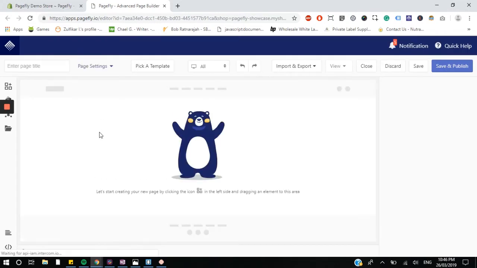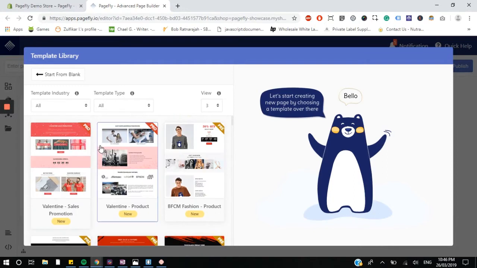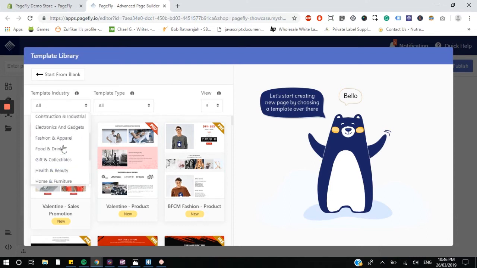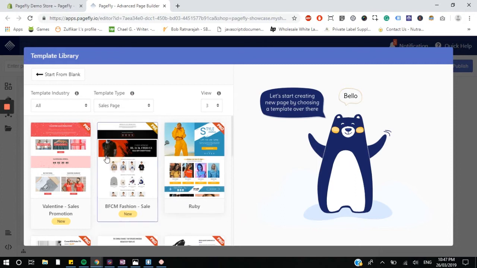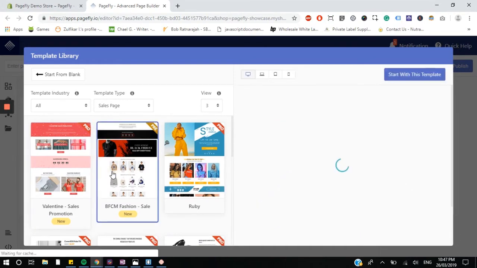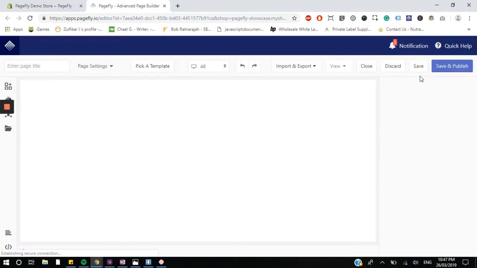Let this load up, and now we should see the templates. Here we are. So these are basically all the pre-designed and pre-optimized templates that PageFly offer. They've got templates for every industry and different template types. So I'm going to go ahead and click on sales page, and you can actually use any of these and completely customize them yourself, but for the purpose of this video I'm going to go with BFCM, which is the Black Friday Cyber Monday sales landing page. There's a little preview here, and click on start with this template,